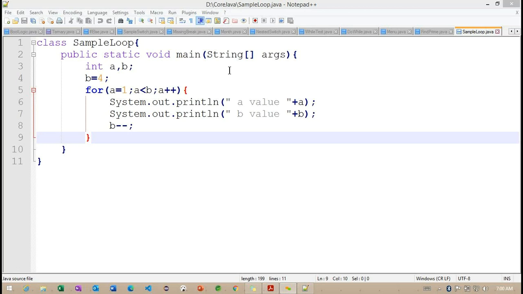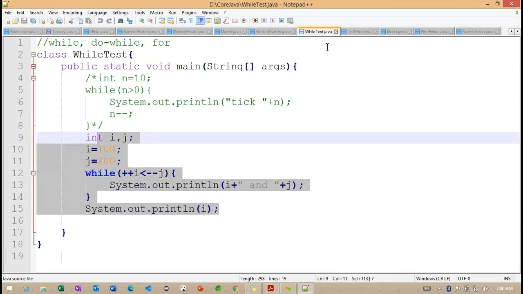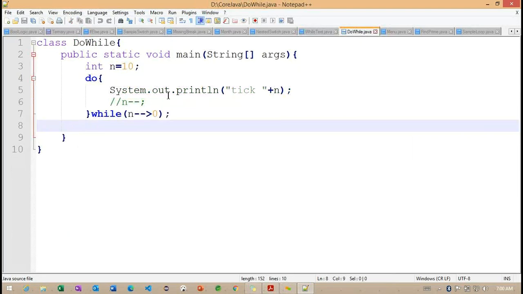In the last class, we discussed loop-related concepts. First, we identified the while loop and how we are going to work with it. Getting the point. Later, we discussed the do while loop, and this is the simple example we identified.